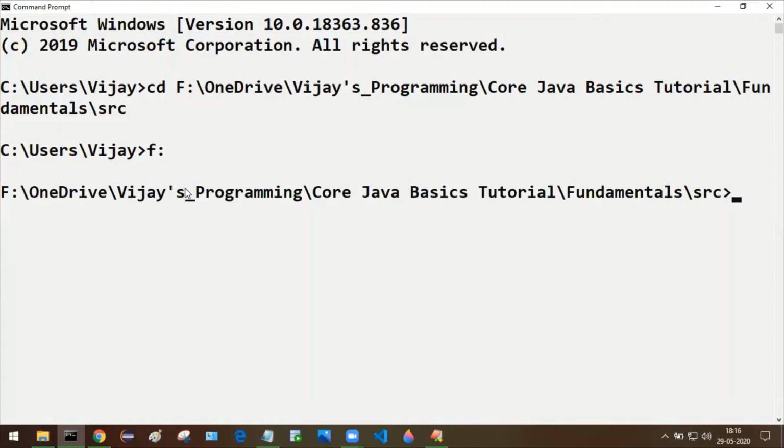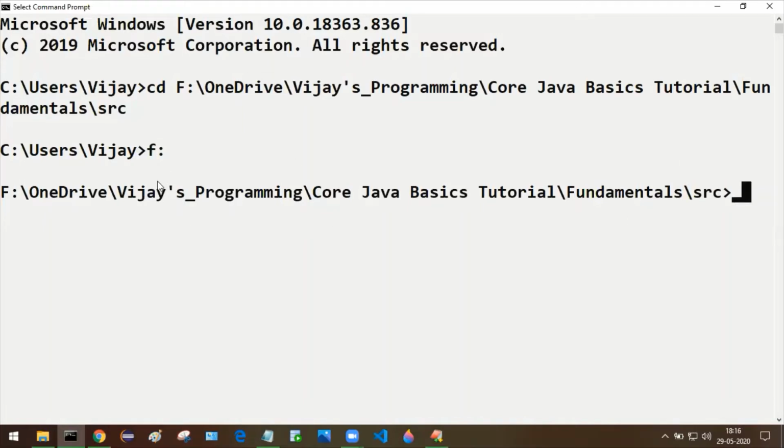If you saved your file in the C drive, you might not need to do what I have done, this F followed by a colon. Why? Because if you have saved your file in the C drive, it will automatically go to that particular folder location without you specifying the drive name.